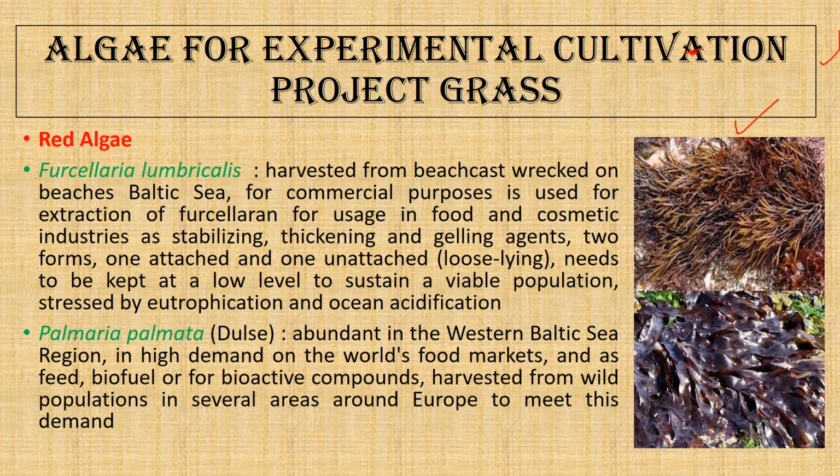And it is traditionally harvested in Canada and Denmark, and it is used as a feeding material in the fishery as well as in other types of aquaculture. Apart from its use in aquaculture, this is a very good source of carrageenan and phycobilin. And this Furcellaria has two ecotypes. One is the loose growing ecotype, another is the